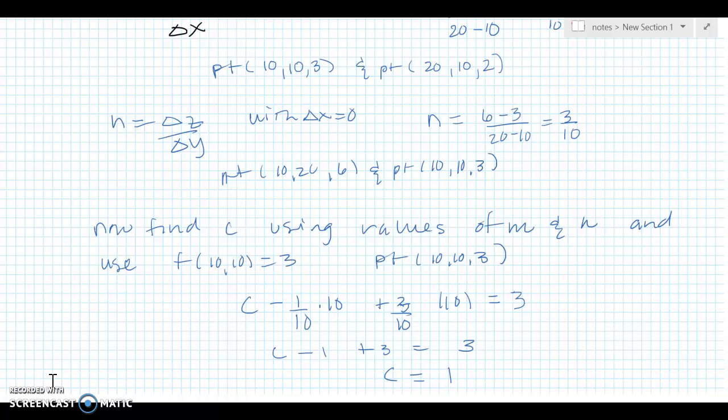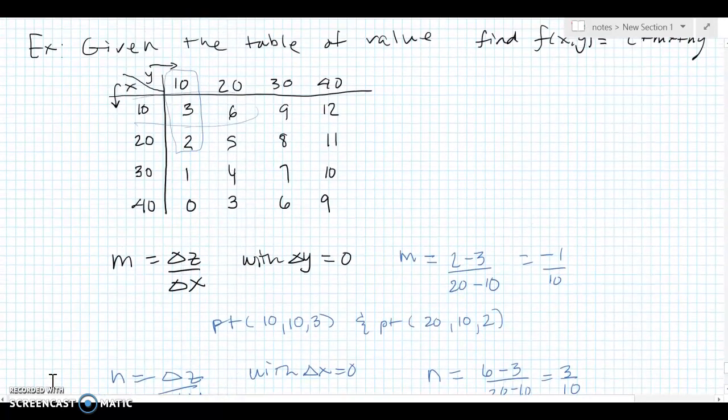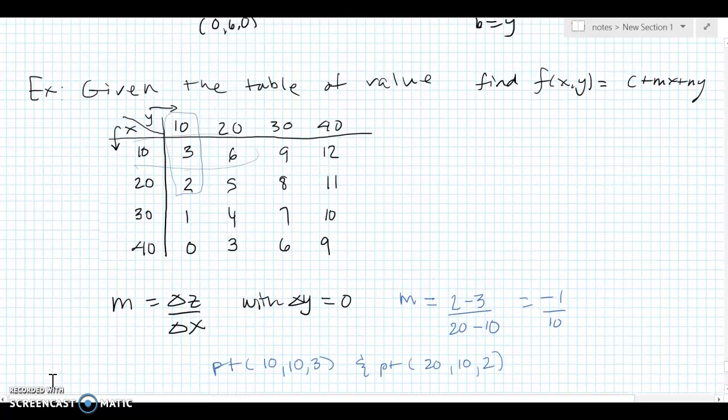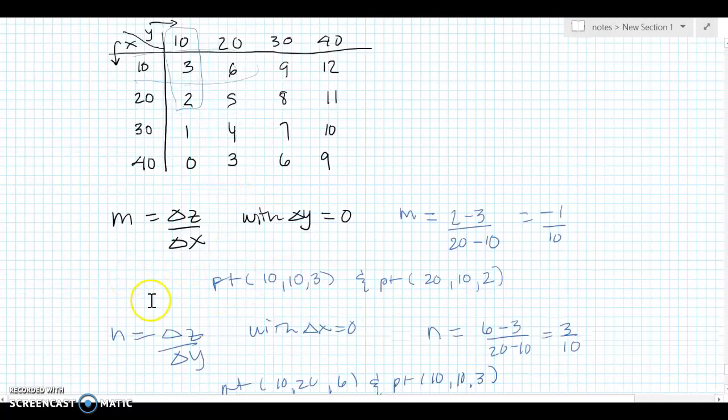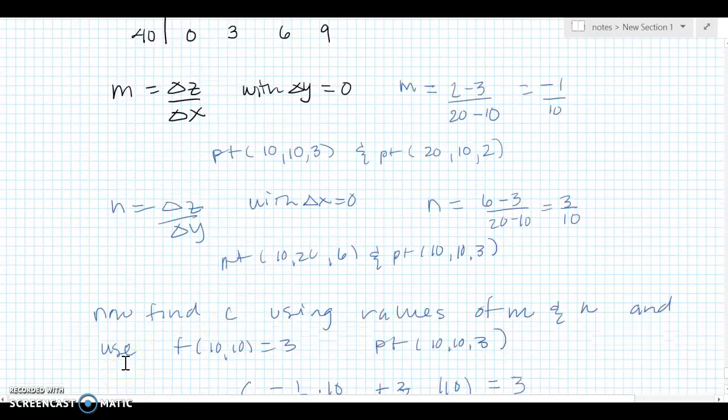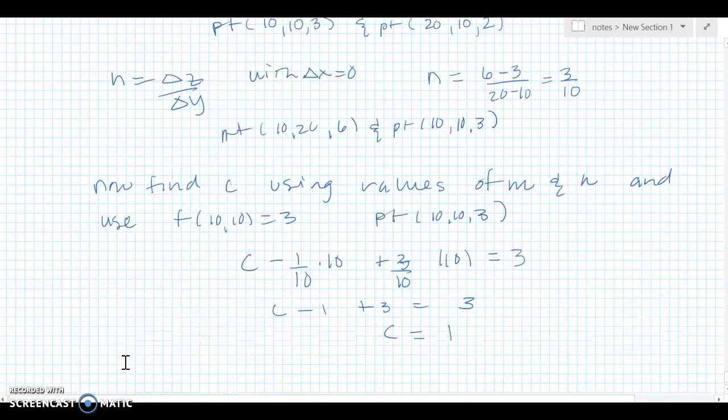We were given points, or rather a table of values, a bunch of points. Hold y constant, you can find the m. Hold x constant, you can find the n. And then we can plug in using any point from the table. And so this is going to get us that our function f of x, y equals c plus m